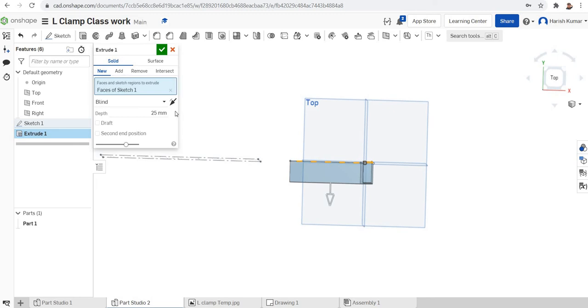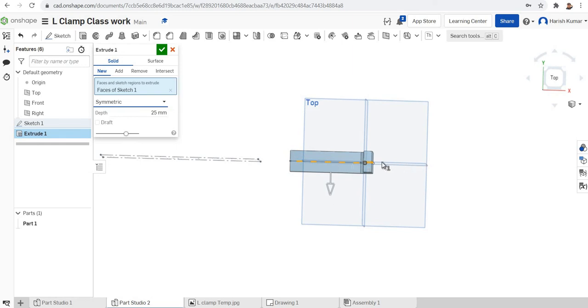For that, click symmetry. It will be placed equally about the front plane, so 12.5 mm that side and 12.5 mm this side. So by that we are finishing our extrude command.